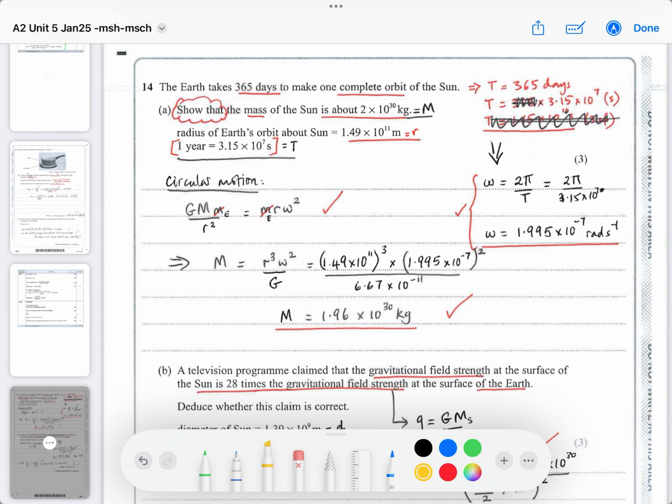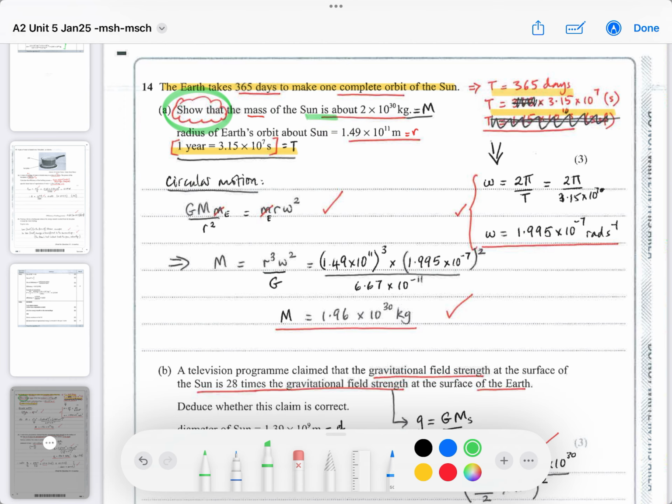Okay, question 14. This time gravity. Earth takes 365 days to complete an orbit of the Sun, and that's 365 days. At first I thought they'd given us 1 day. They've given us 1 year in seconds. So you can just change that to 3.15 times 10 to the 7 to put it in SI units in seconds. Okay, they want you to again show that